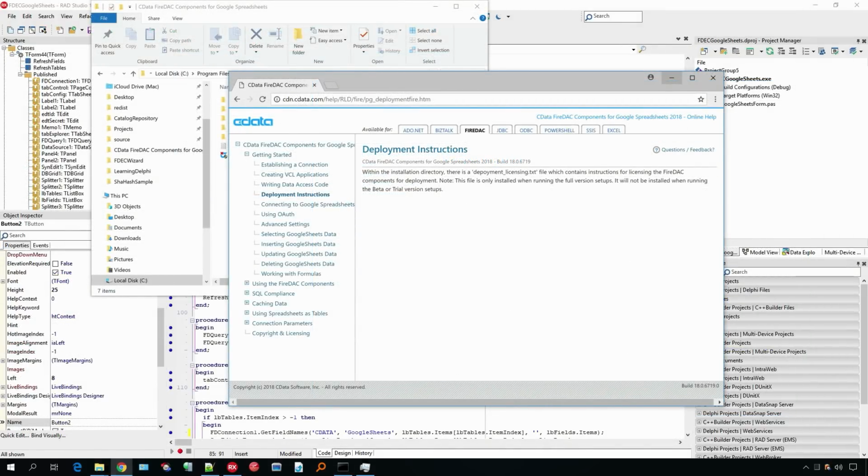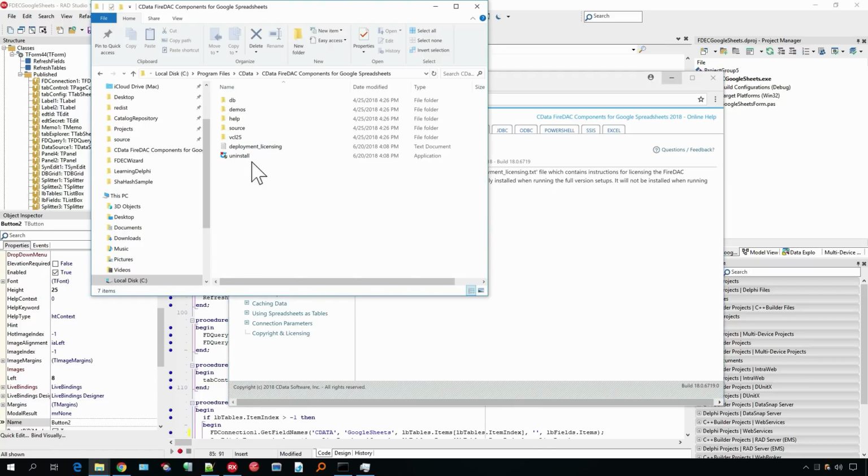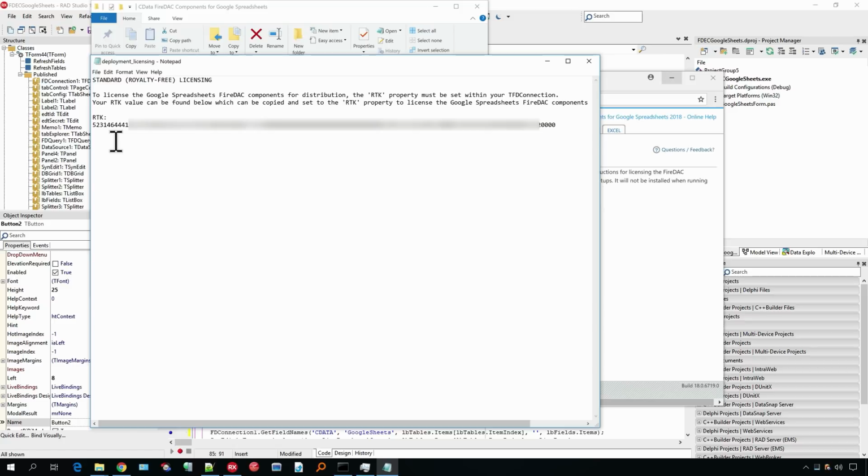When it's time to deploy your application, so you're going to share it with other users, you need to follow the deployment instructions. So in the documentation, you'll find under Getting Started, Deployment Instructions, that tells you there's a deployment licensing.txt file. So if you go into your folder where it got installed, you'll find this deployment licensing text file. And you need to copy this right here, the runtime key, and go into